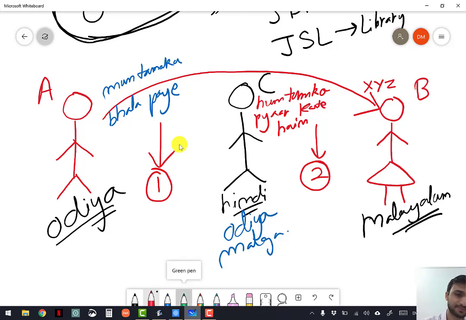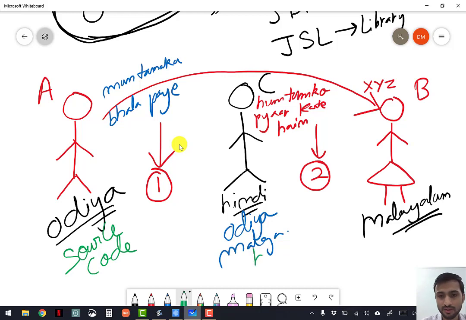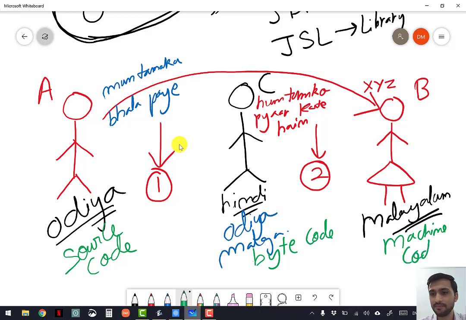Here this is called the source code, this is called the byte code, and this is called the machine code. The code here means the language. Odia is the source code language, Hindi is the byte code language, and Malayalam is the machine code language.